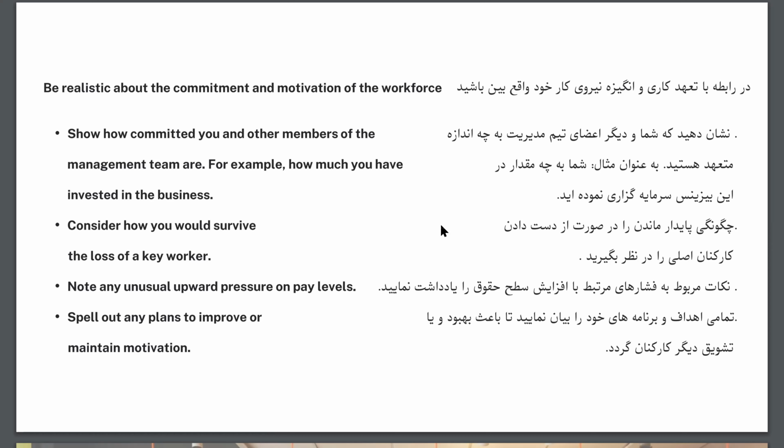Maybe they're a mid-sized business. And then how would you survive if you lost a key worker? Like you don't want your whole business to be dependent upon 5 people and that no one is replaceable. Not that you want to replace everybody, but you want everybody to be skilled enough that if somebody had a cancer diagnosis and had to go in for treatment for multiple months, your business wouldn't fall apart, and they could still take off and recover and get treatment, but you could still carry on without them.